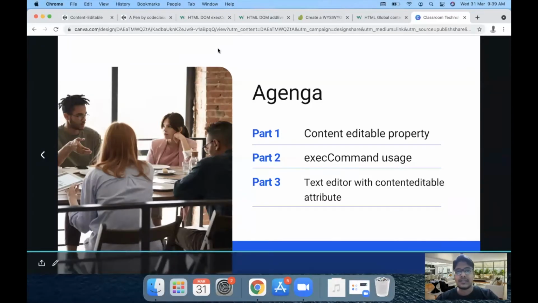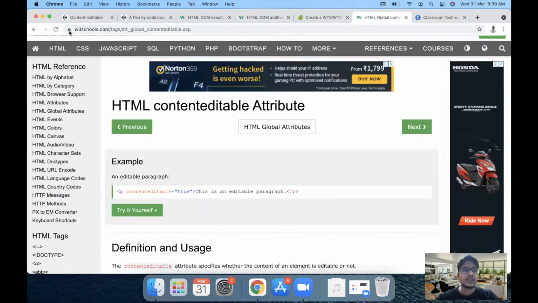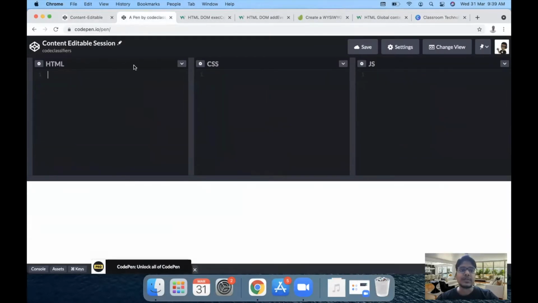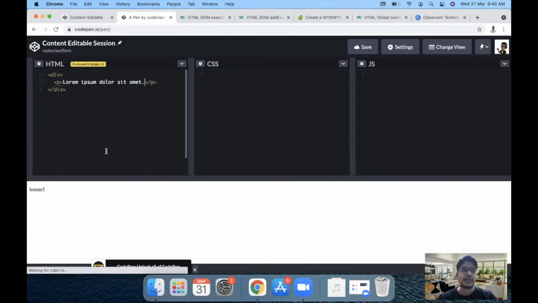Now, the first thing which we need to understand is what is the contenteditable attribute basically. So for that, I have a CodePen ready here. What I'm going to do is first add a basic div here. Within that, we can have a p tag, and in the paragraph tag, some random text using lorem5 and hitting tab. This will add text with 5 words in our